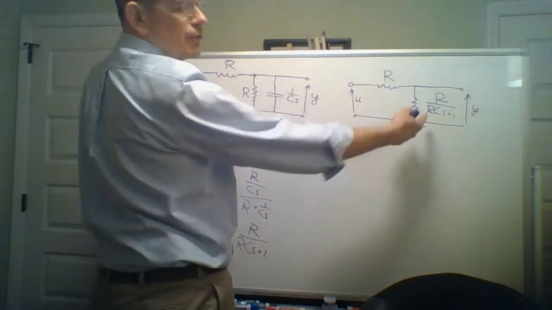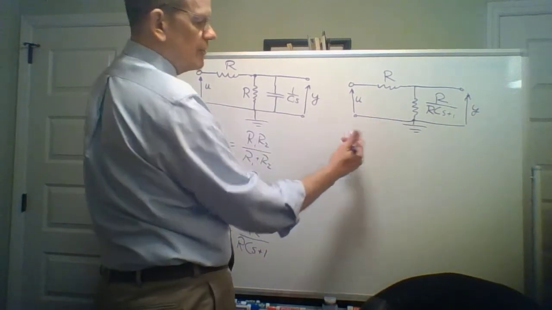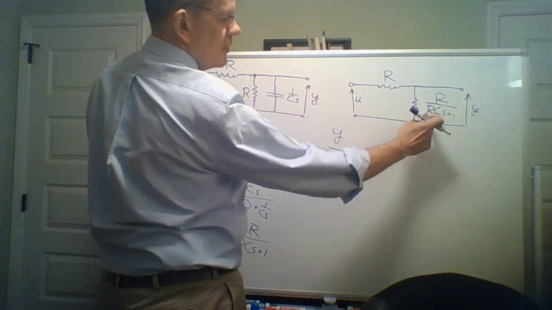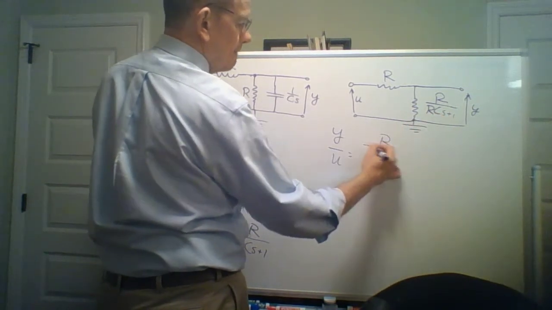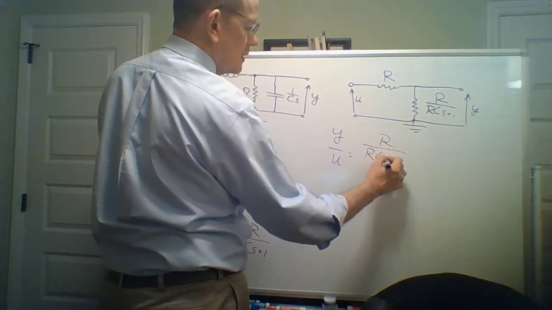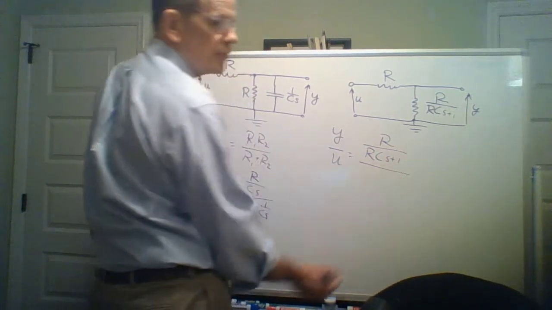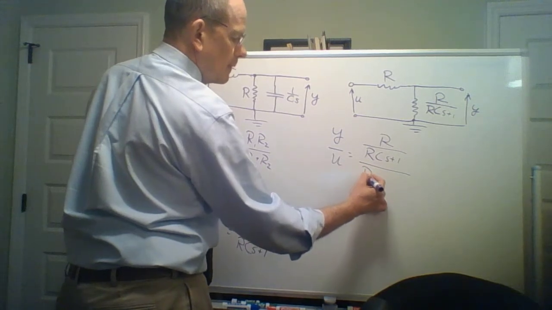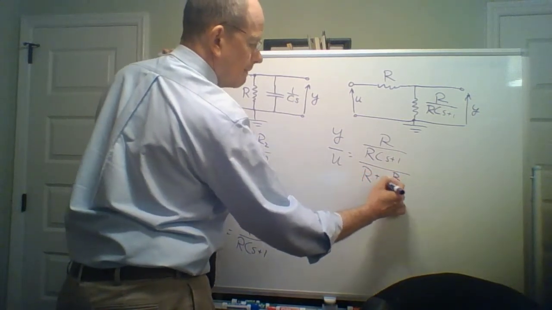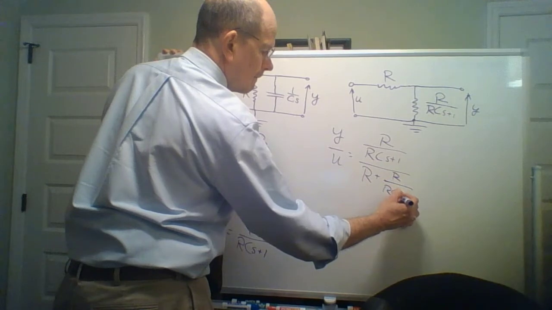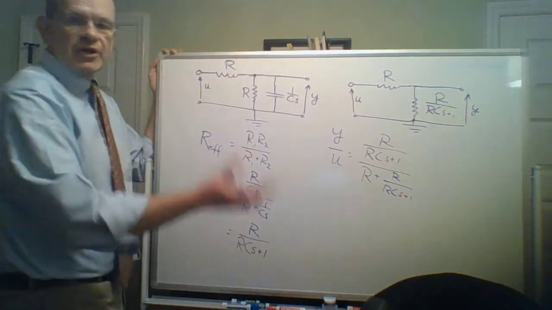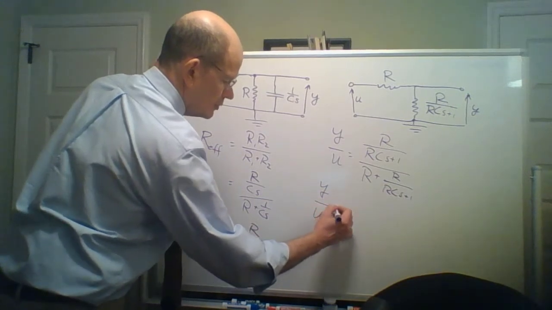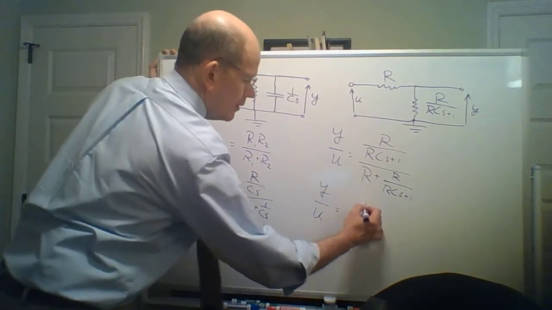Okay, now this is a voltage divider again. We can use the voltage divider equation. So Y over U is this resistance here, R over RCS plus 1, divided by the total resistance, which is the sum of those two. So I have R plus R over RCS plus 1. Once again, I clear the compound fraction. I get Y over U equals R